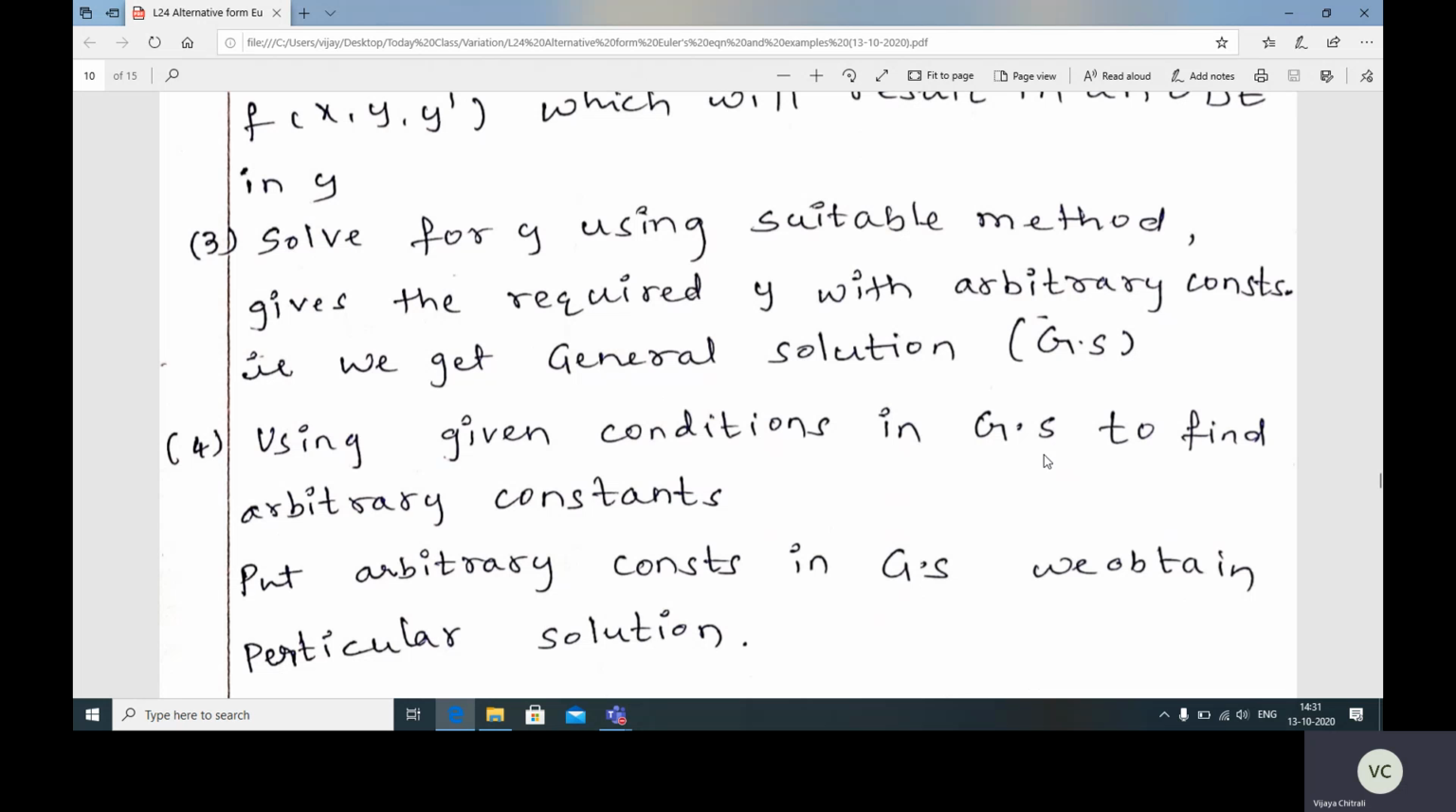Means, by using the conditions, we will find the arbitrary constants and substitute these arbitrary constants in the general solution. So you will get a particular solution. So this will be the procedure here. Now